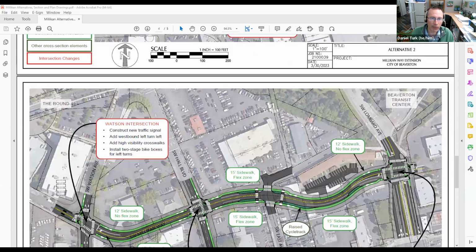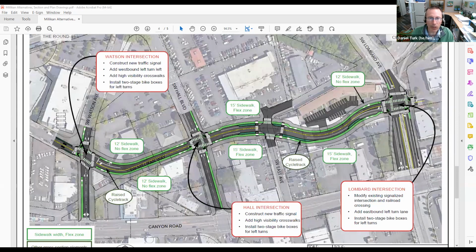Alternatives 3 and 4, again, lower the width of the road in places where it affects the potential impacts of buildings. For example, here at this pinch point, you have no flex zones, you have a 12-foot sidewalk, and this allows both alternatives to go through here without impacting buildings either on the north or south. And the trade-off is that you don't have your on-street parking here for whatever use that you would like, or the wider sidewalks. The intersections as well are narrower intersections. They have the bike box approach as opposed to the protected separation between bikers and people driving.